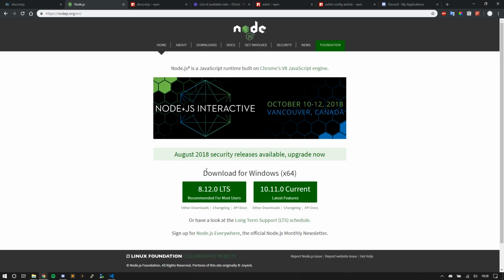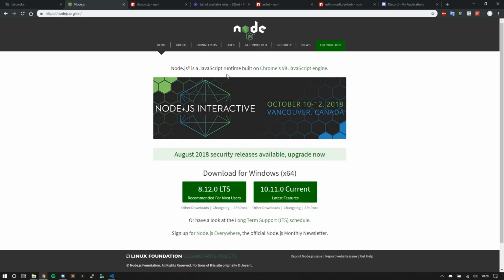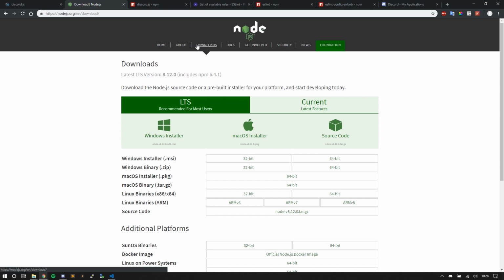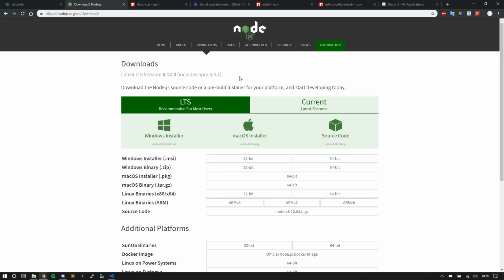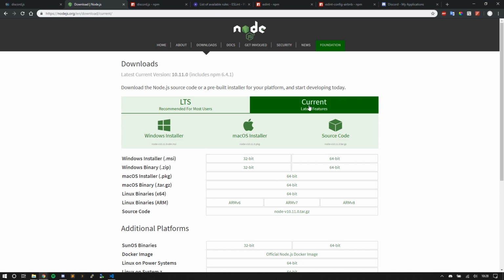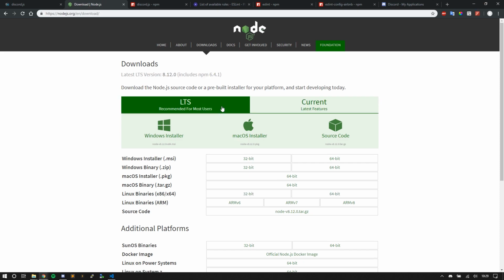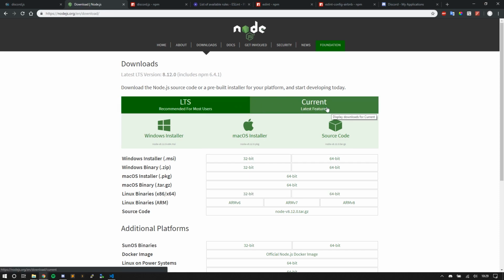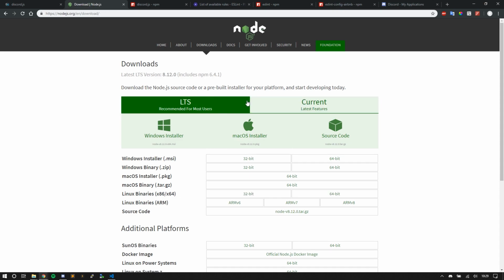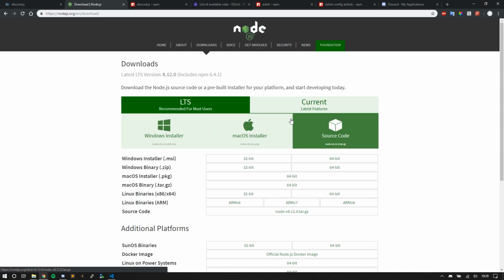It's pretty simple. I'm using Windows, so it automatically shows Windows, but if you're using a different operating system, you click downloads here in the navigation bar at the top. You can install Node for the different operating systems, also a Docker image or other Linux download links if that's where you're hosting it. Anyways, you can either install the current version or the LTS, the recommended version. Actually, I think I'm using the latest, the current feature version, but I haven't had any issues using the current one with the latest features. You can install either, it's up to you.